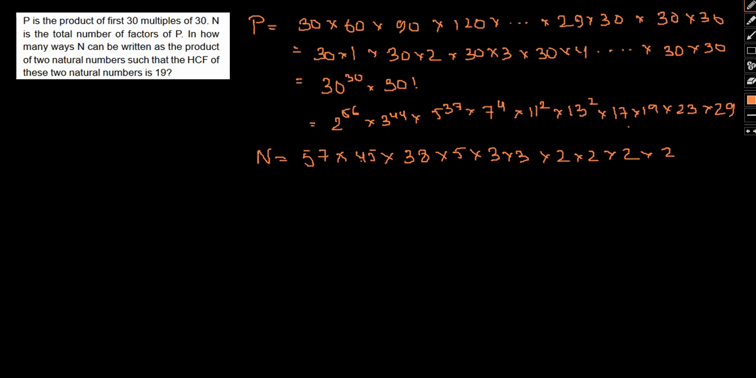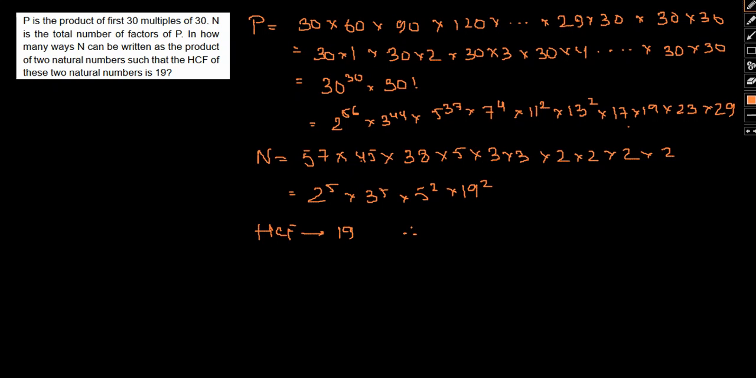Okay, so if we break everything down, this can be written as 2 to the power 5 into 3 to the power 5 into 5 square into 19 square. Now, this can be written as a product of such natural numbers, the HCF of which is 19. Okay, so HCF is given,